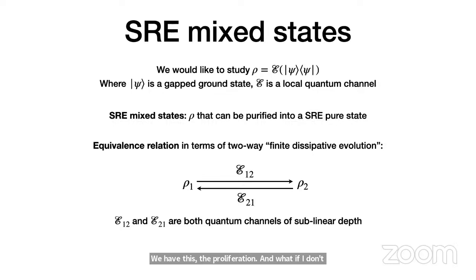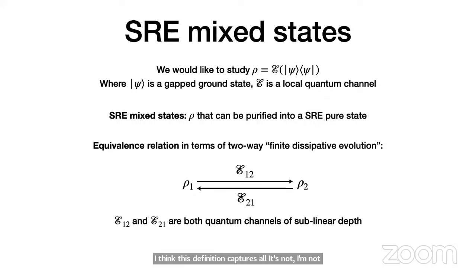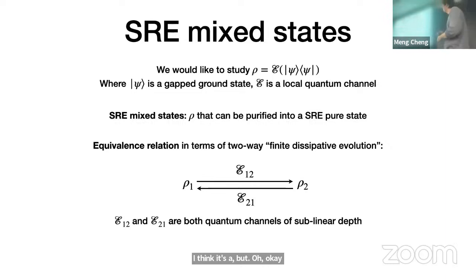Maybe I misunderstood. You actually have three things on your slide: the equivalence relation, the short-range entangled mixed states, and then the top line is saying you only want to study cases that came from a pure state. Okay. So I'm not saying that I only want to study these states. I think this definition captures all such states. I'm not sure it's equivalent. I think it's equivalent, but